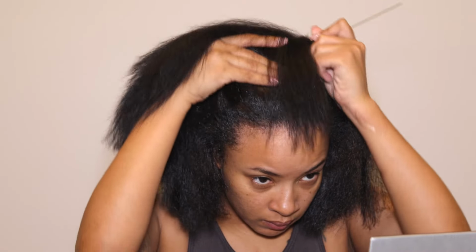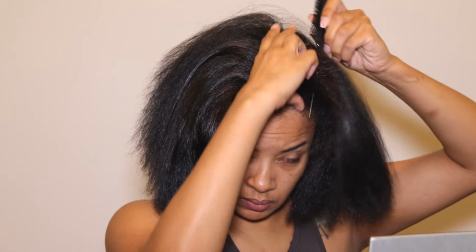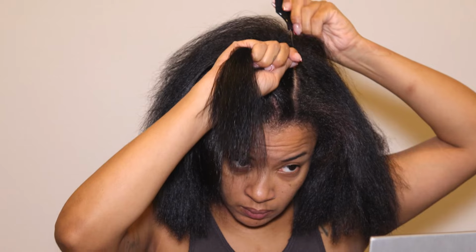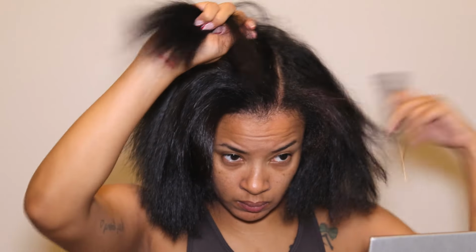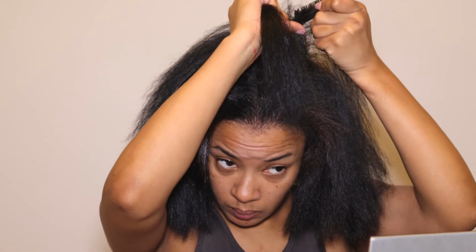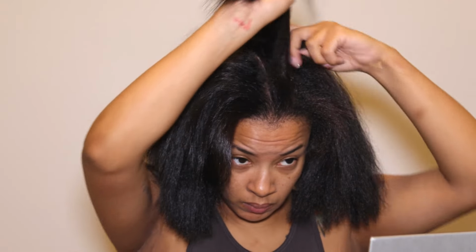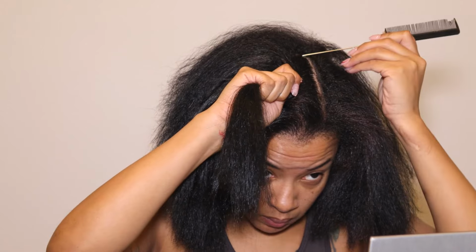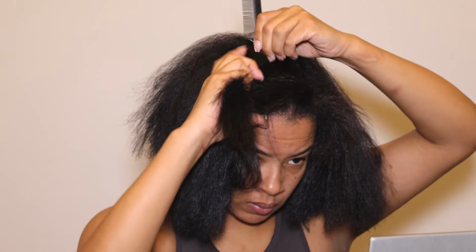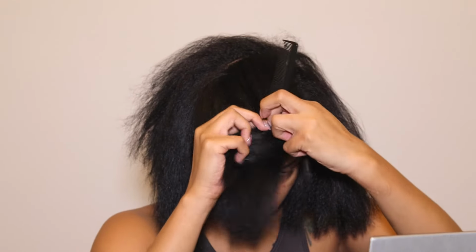All right, so to install my clip-ins, here's what I did. I did basically the same base foundation as I would if I was doing a quick weave. So I'm gonna section off my leave out, the part that I want to leave out of my natural hair, and then I'm gonna braid the rest. The reason why I braided the rest instead of just placing the clip-ins between my real hair is because my hair is short and I used